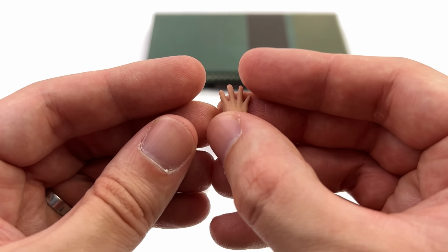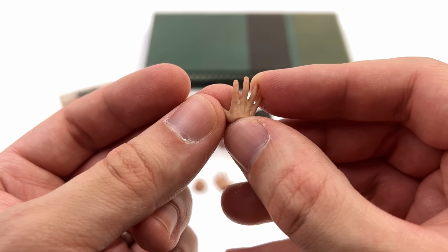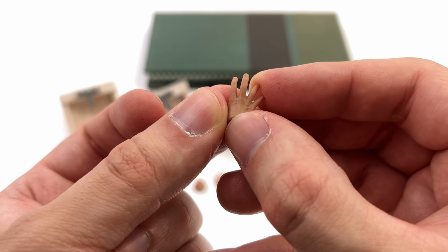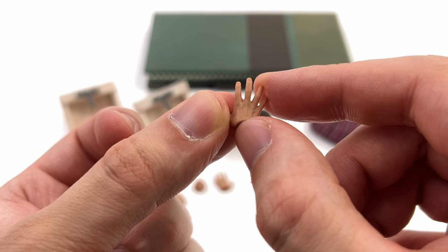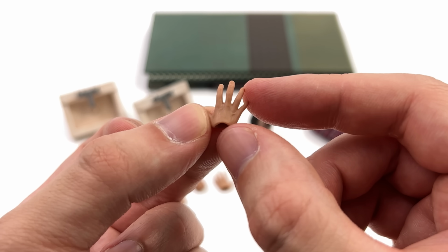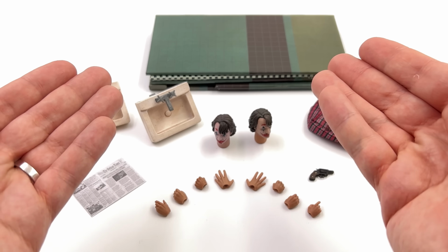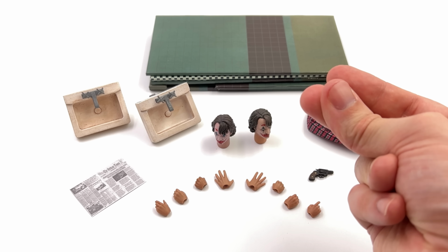You also get a full complement of hands, the favorite of which for me are these open palm hands. Really good for having him in his dancing poses. They are done in that semi-translucent material with some skin texture painted on the surface. These aren't those cheap and nasty, really plasticky 1/12 scale hands. These are really nicely done. But I'm pretty sure you'll want to see what the bathroom looks like fully assembled, so...